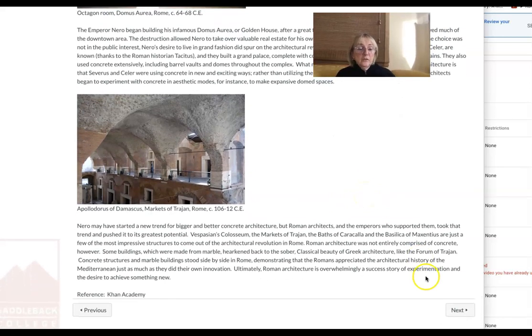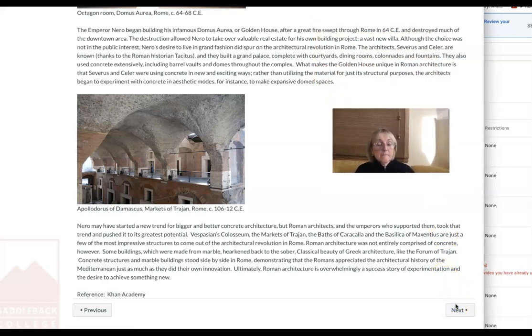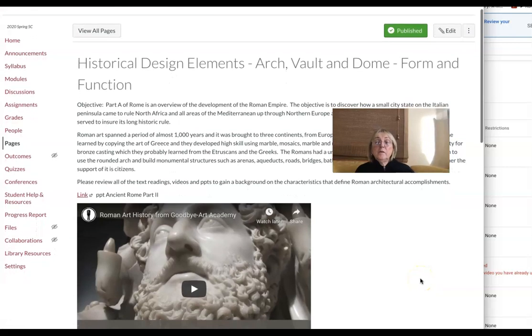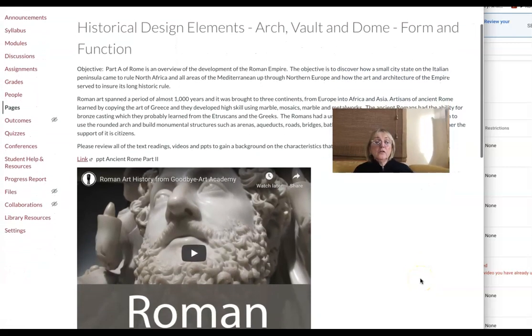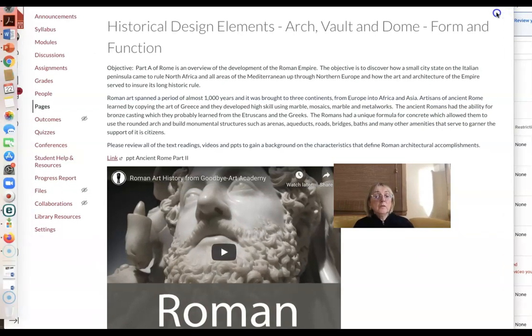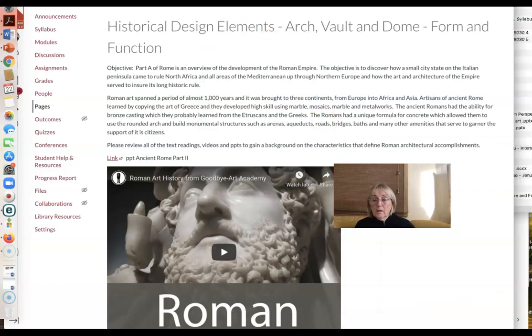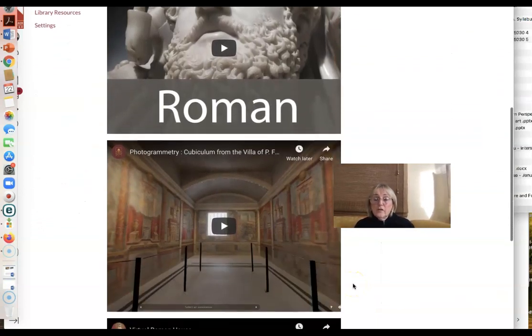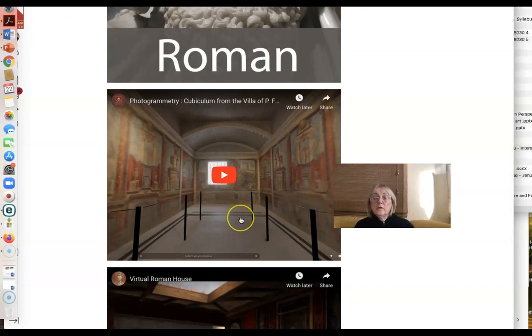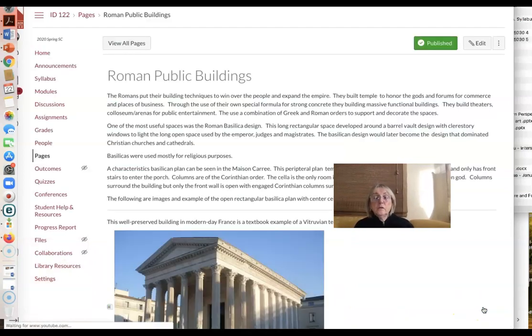So as you go through each page, remember to click Next, and it'll bring you to the next reading topic in Canvas. There will be some videos reinforcing the arch and the vaulting system to get those rounded ceilings, those high rounded ceilings that the Romans were able to build and complete. There are some videos to watch. Also, I would like you to be sure to understand the typical Roman house. We have found ruins in Pompeii that tell you all about the